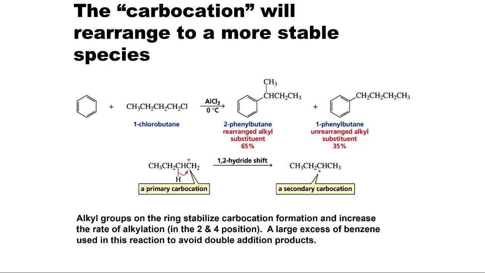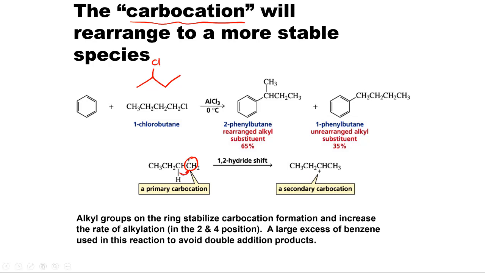The reason is that during the reaction, this carbocation which forms, I'll put it in quotation marks, that's what I did up here, will rearrange through a 1,2 hydride shift, causing the secondary carbocation. So if you want that to be your product, then the easiest thing to do really is to start with this as your reactant and end up with a higher percentage of secondary substituted